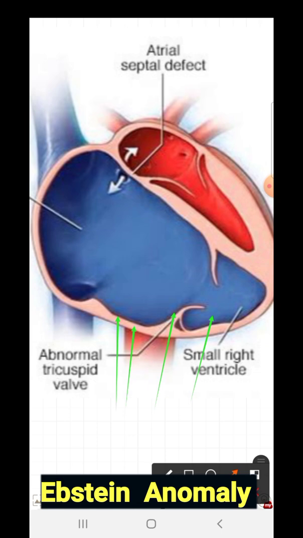Due to regurgitation of the tricuspid valve, the right atrium is huge, like what we see in mitral regurgitation, rheumatic mitral regurgitation. And due to atrial stress, there are supraventricular arrhythmias. There is right to left shunt through the foramen ovale, and that causes cyanosis. The greater the displacement of the tricuspid valve, the more the cyanosis.